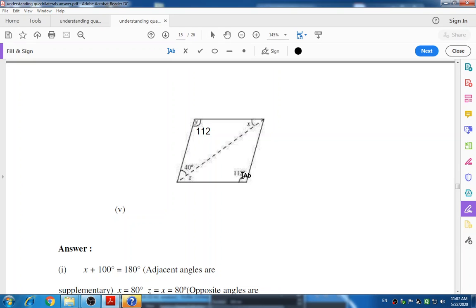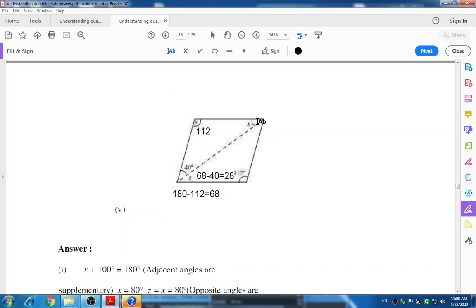Okay, is it correct? And out of 68, this is 40. So what will be the angle Z? We have to subtract this 40 from 68, where we will get 28 degree. Like that, the measure of angle Z is 28 degree. And this Z and this X are alternate angles which are equal in measure, so the measure of angle X is also 28 degree. Like that we can solve this.